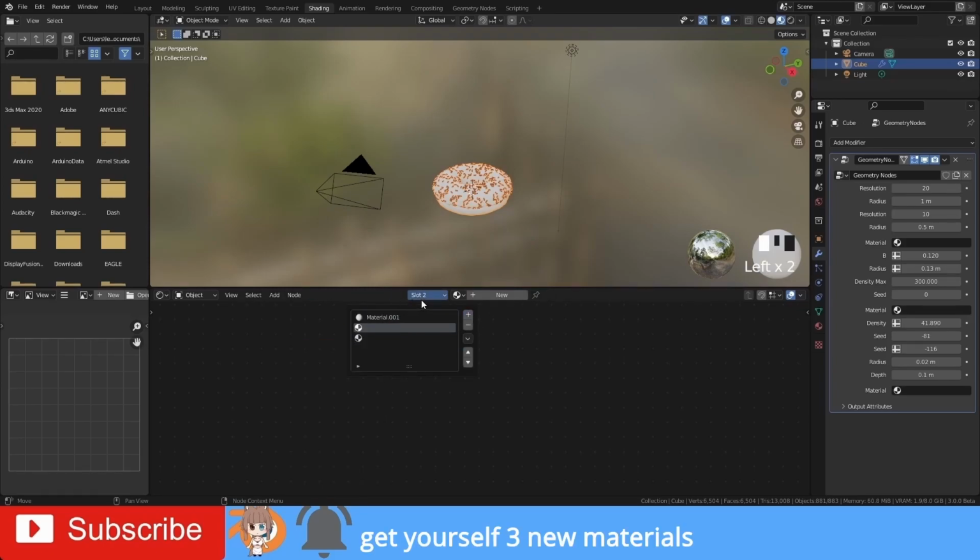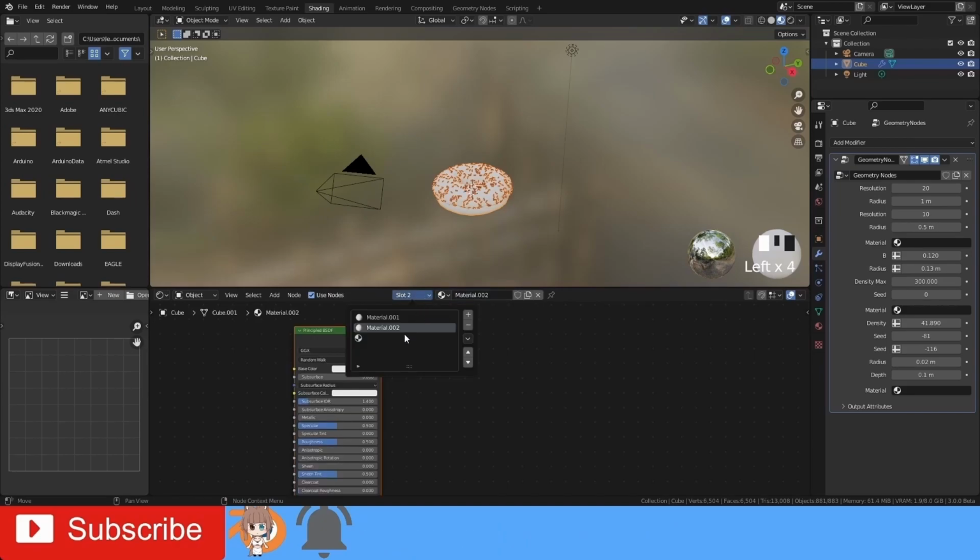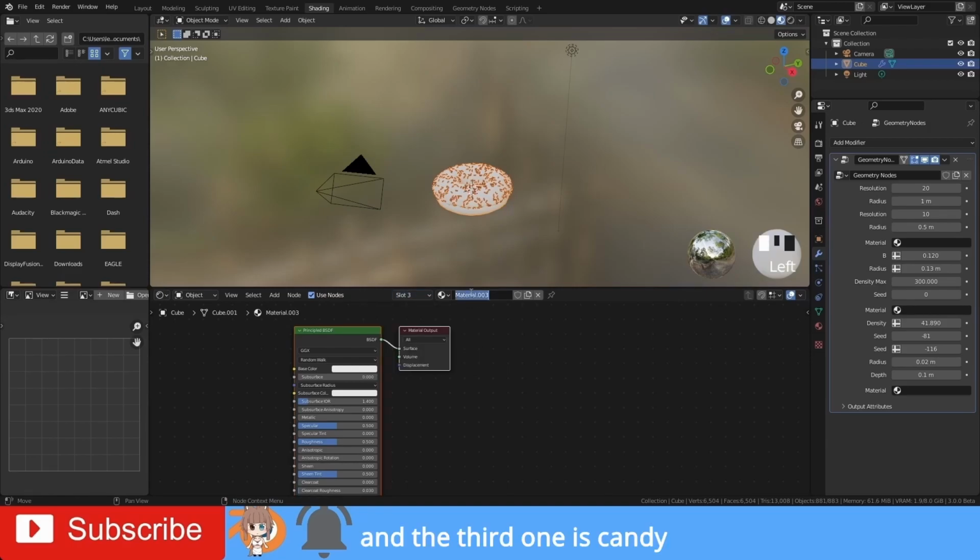Make yourself 3 new materials. Name the first one red. The second is icing. The third one is candy.